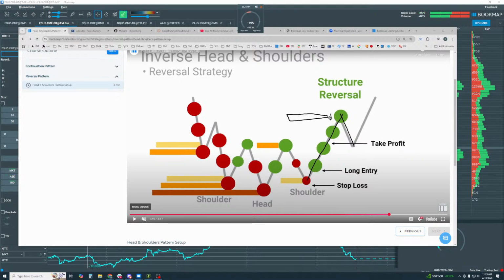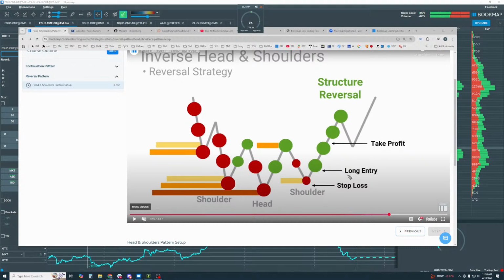We get the move up, then the move back down on the pullback after trading into maybe some high liquidity up in here. Then we get the move back up, and we just don't get that follow through. We're looking for that continuation and we don't get it. Instead, we get the drop back down, and then we may get the heavy selling in here and continue on down. That would be the failure of the reversal. It happens a lot, and that's why we mentioned it in here.